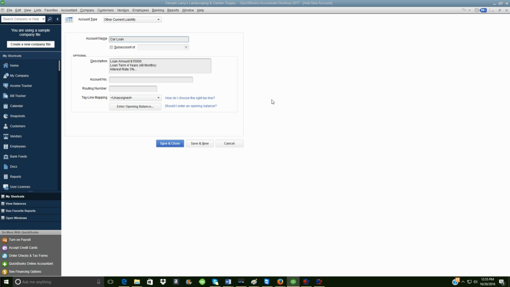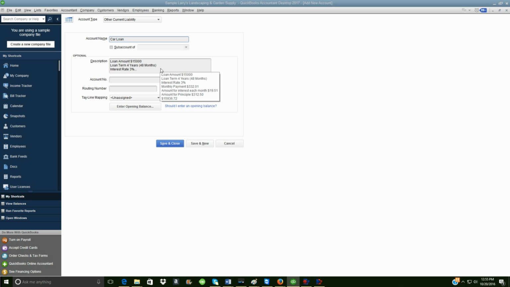What a lot of people do is they put in the entirety of the payment as paying off the principal of whatever the item is that they're paying for. Of course, this can't be correct because most of the time there's interest charges on it, and people don't account for that interest. So we're going to look at a loan for a car, and I put the details in the description